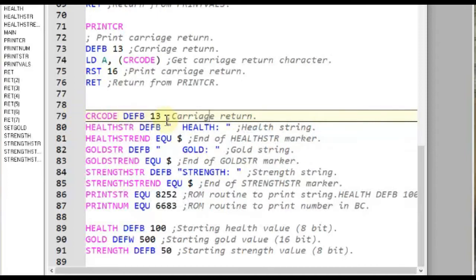We have define byte followed by a single number 13. So how this line is going to work is it's going to assign a memory location address to this CR code label, and that memory address will contain the value of 13 in decimal. And we can use this method to store both numeric and string values, as we can see in our next